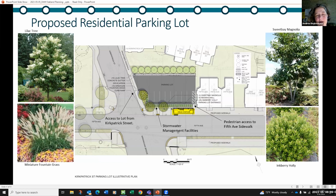But I'm also intrigued by the solution. I think this is actually a good solution to the problem. Which is, I hope, the first and last time that anyone will ever say surface parking lot, good idea. But this is an elegant way to solve the problem, and I appreciate the spirit in which